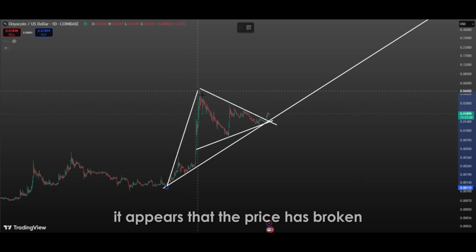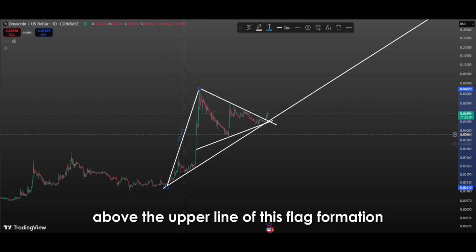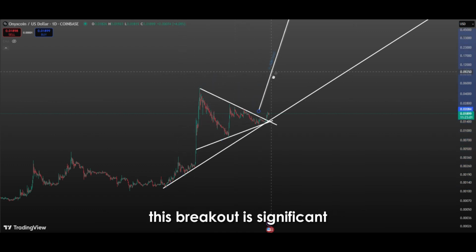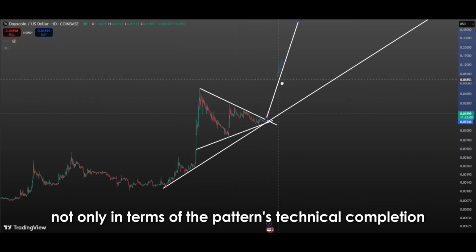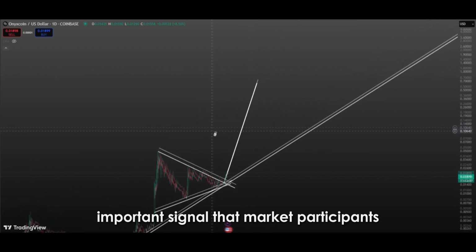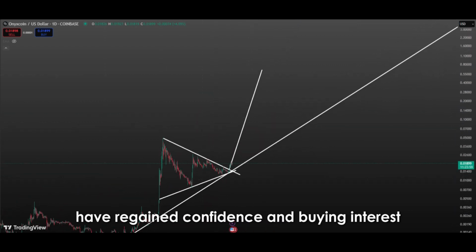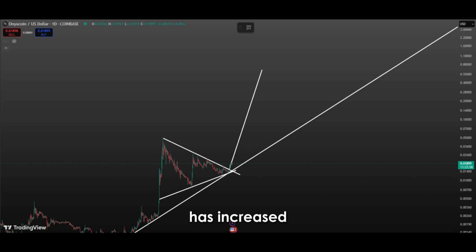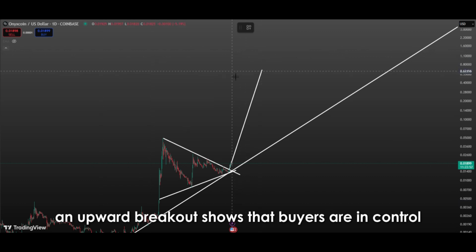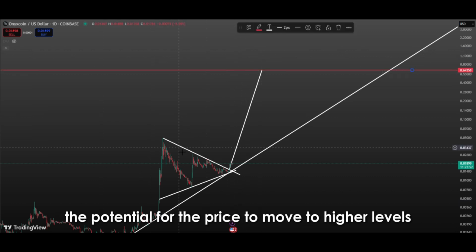In the current situation, it appears that the price has broken above the upper line of this flag formation. This breakout is significant not only in terms of the pattern's technical completion, but also as an important signal that market participants have regained confidence and buying interest has increased. An upward breakout shows that buyers are in control and increases the potential for the price to move to higher